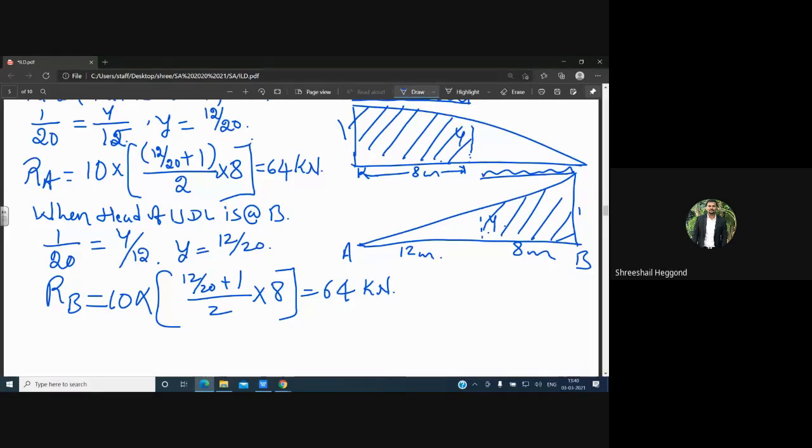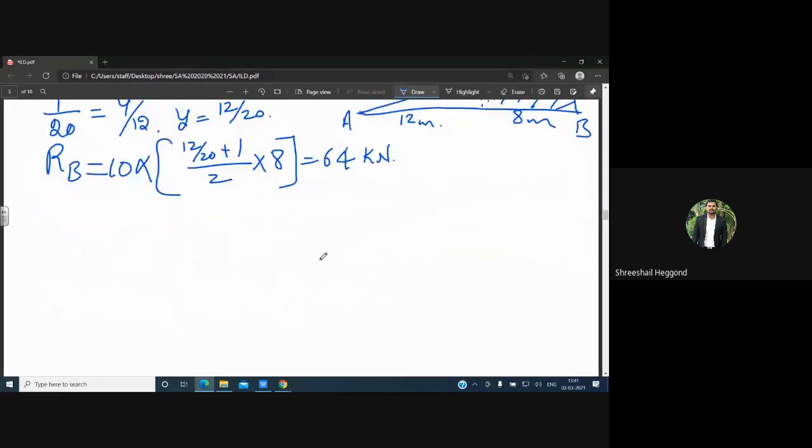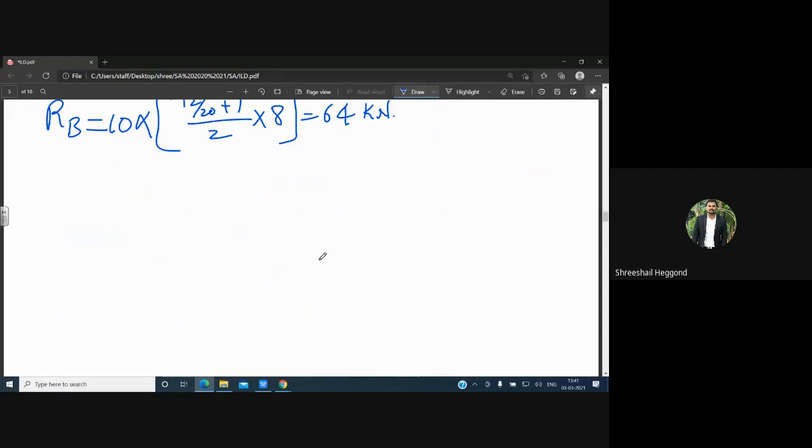Now at C point you need to calculate shear force. That can be calculated as, draw the shear force diagram, and the shear force can be given as A, B and C. C point is at 5 meter distance and the remaining is 15 meter distance. Here at C point it is at 5 meter only, but our UDL is 8 meters.